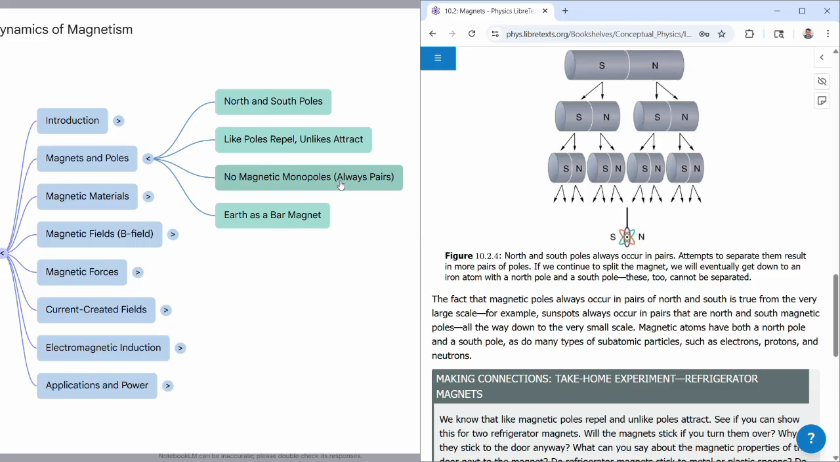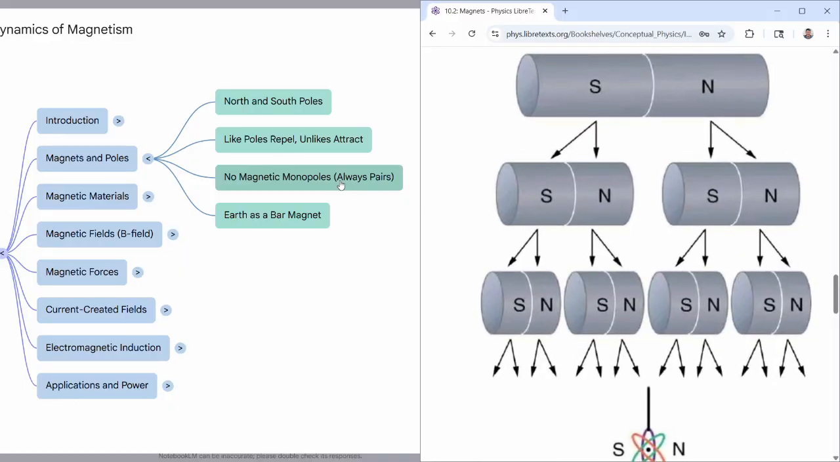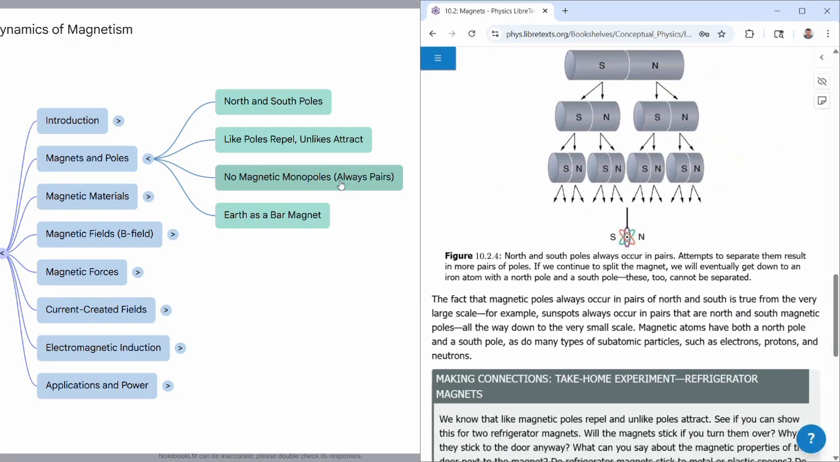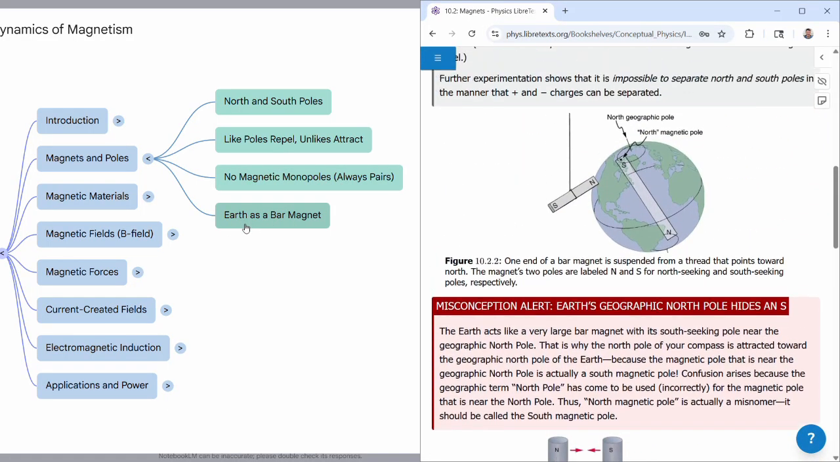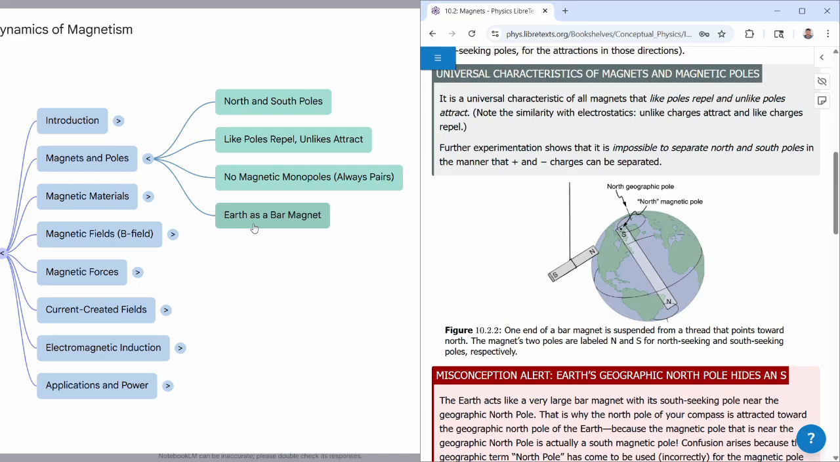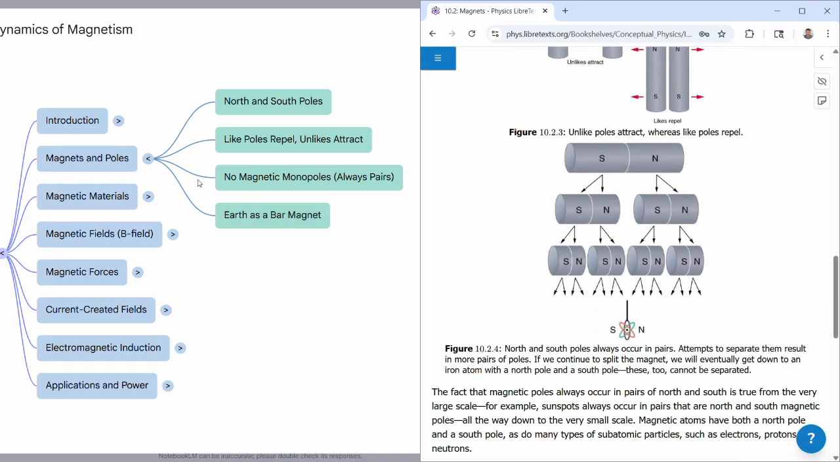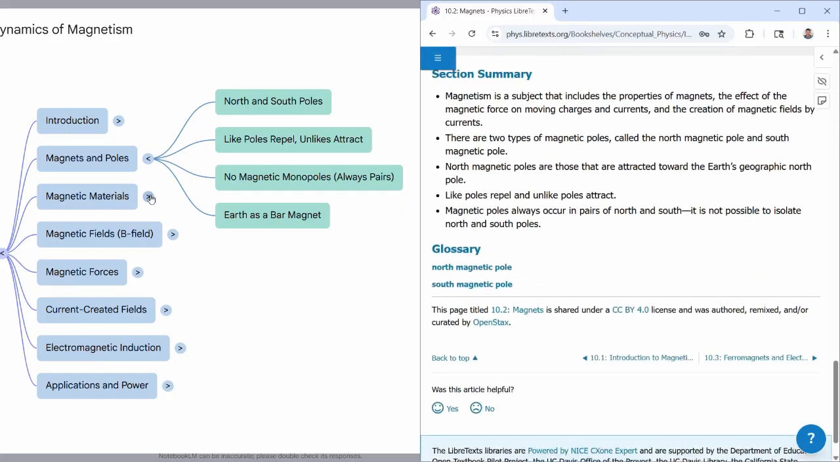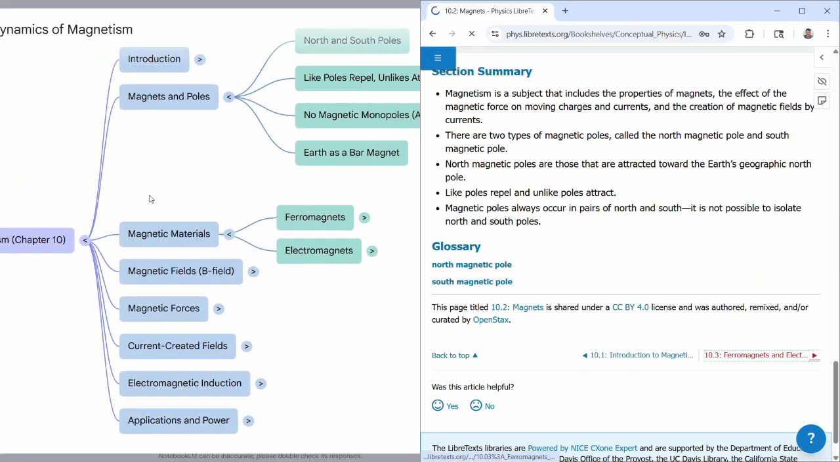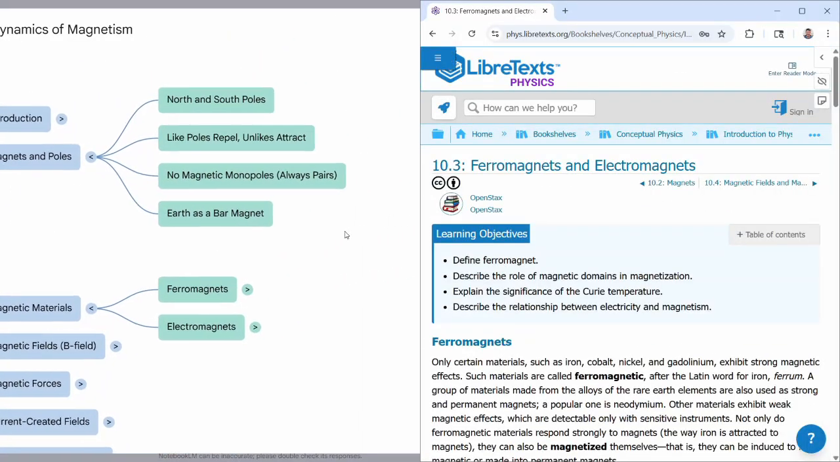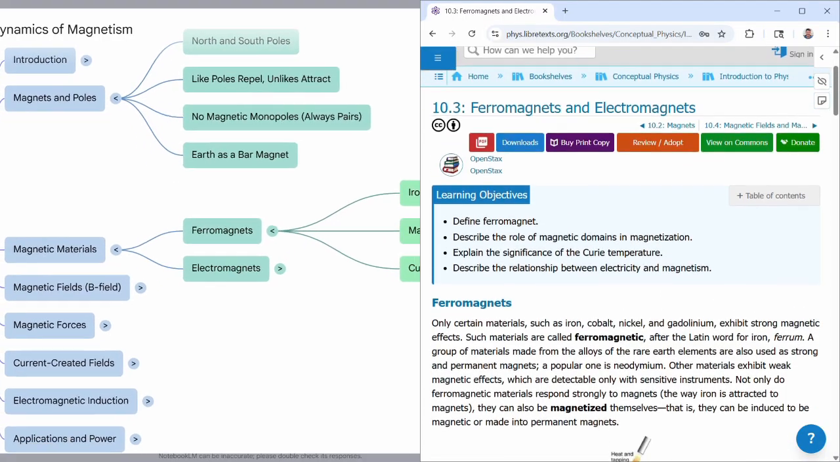So if you imagine a bar magnet and you break off a piece, each broken piece becomes its own complete bar magnet with a north and south pole. And you might have seen compasses; they work because Earth produces its own magnetic field that can be modeled like a bar magnet. So that's section 10.2. In section 10.3, ferromagnets and electromagnets, you will see some discussion of ferromagnets,